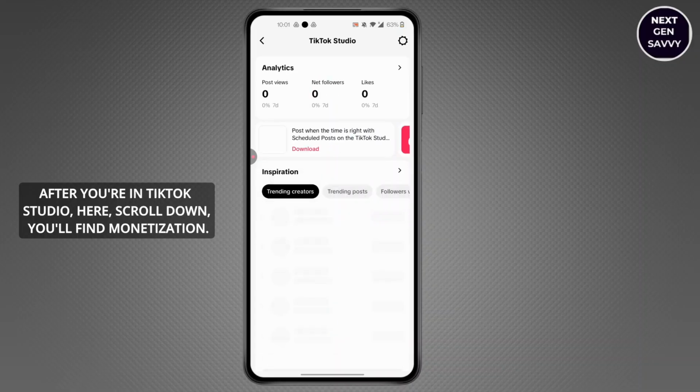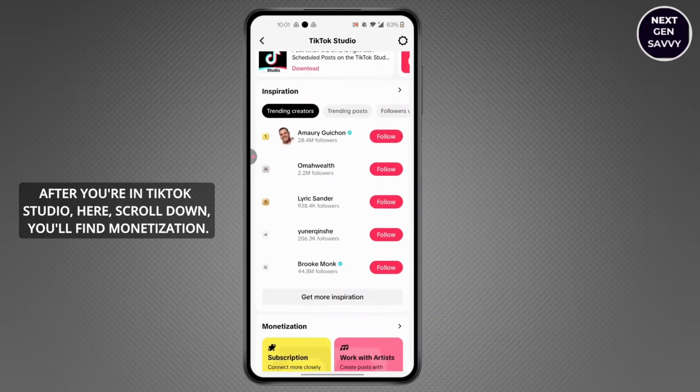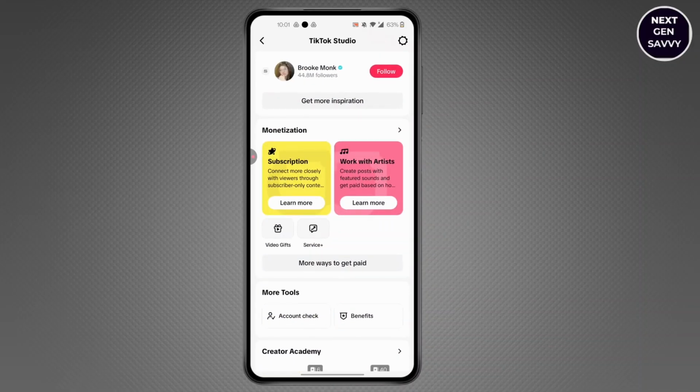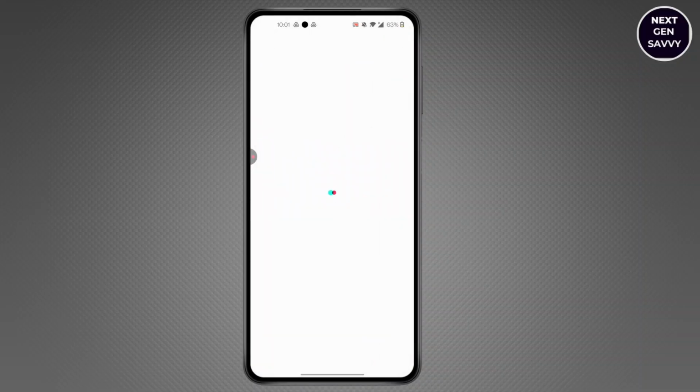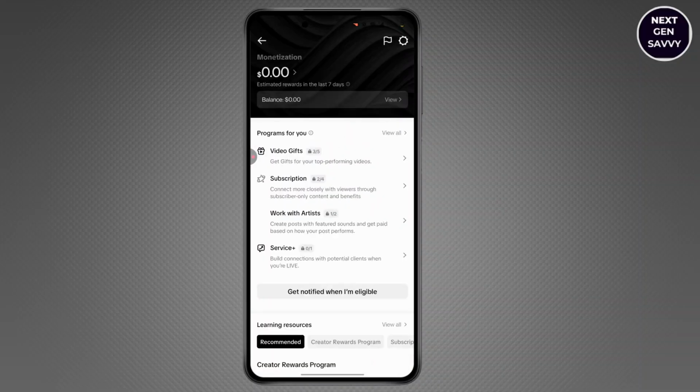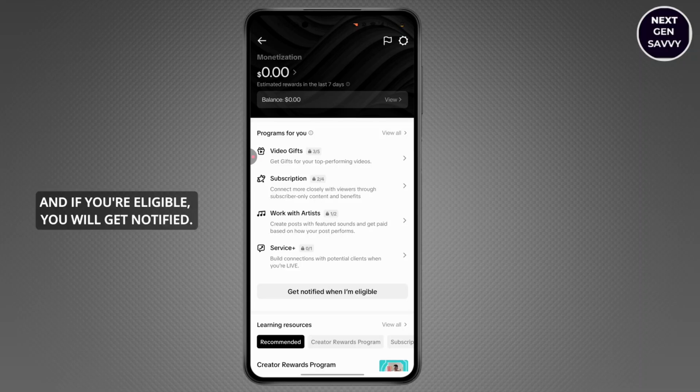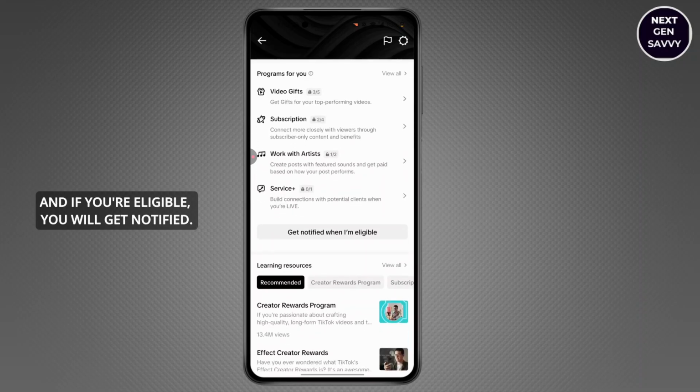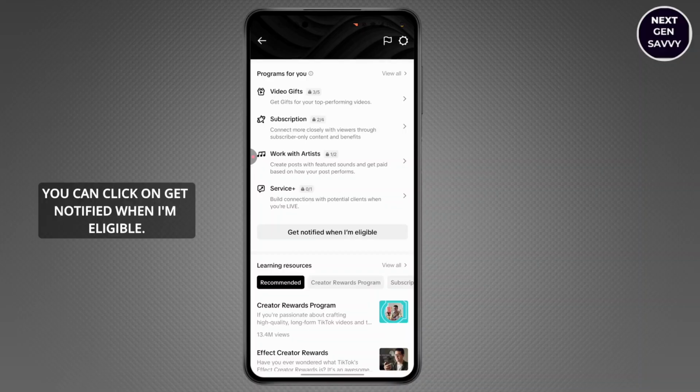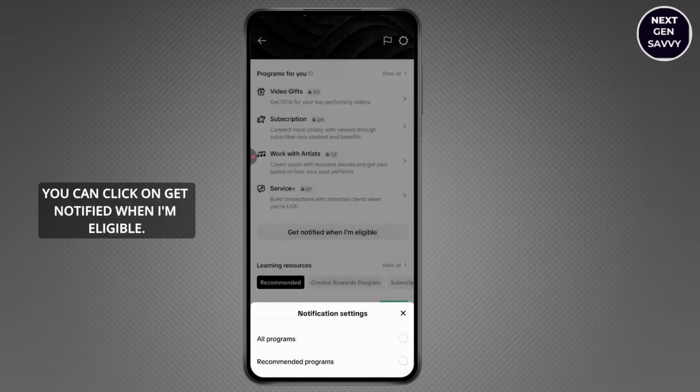After you're in TikTok Studio, here, scroll down, you'll find monetization. Click on monetization. And if you're eligible, you will get notified. You can click on get notified when I'm eligible